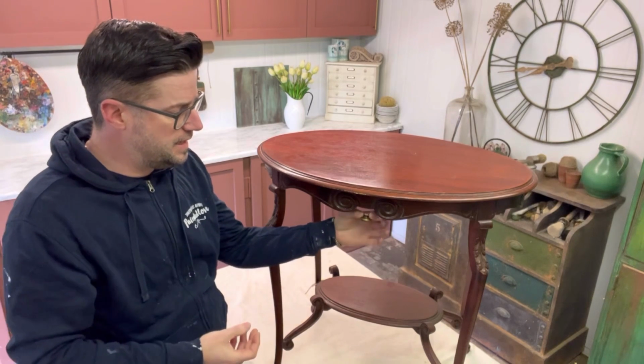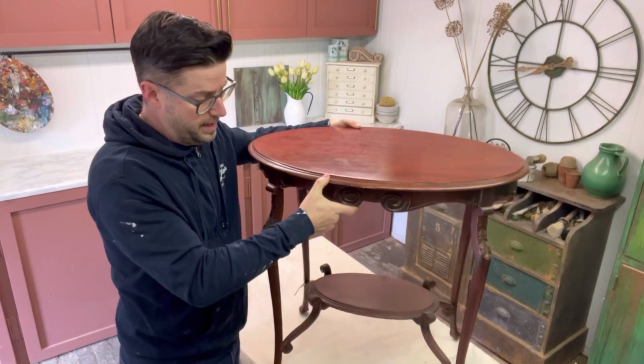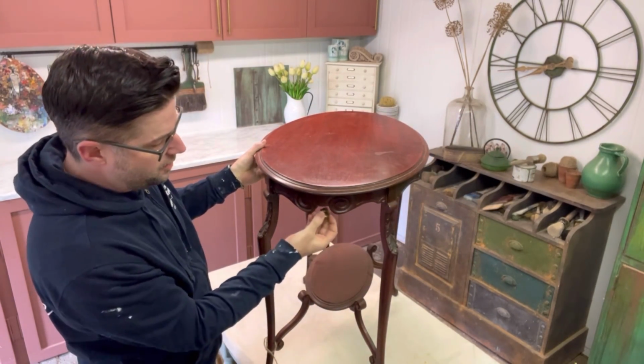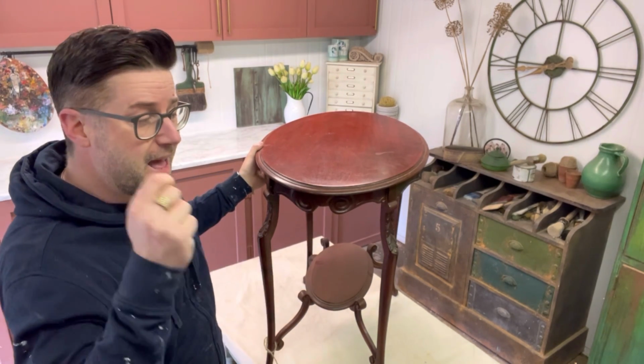So if you can see on the camera, a little bit far away, I think that's circular in the middle of that carved detail. So this repeats on the other side here. So I'm thinking just in between each of those curlicues, we'll add this brass knob,